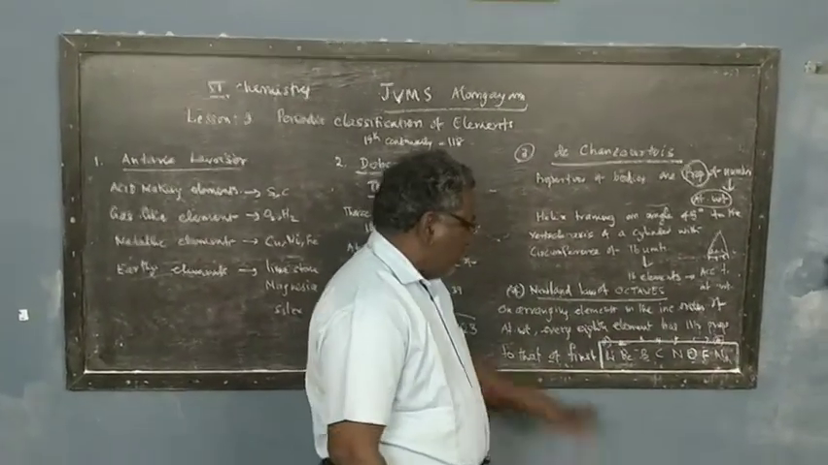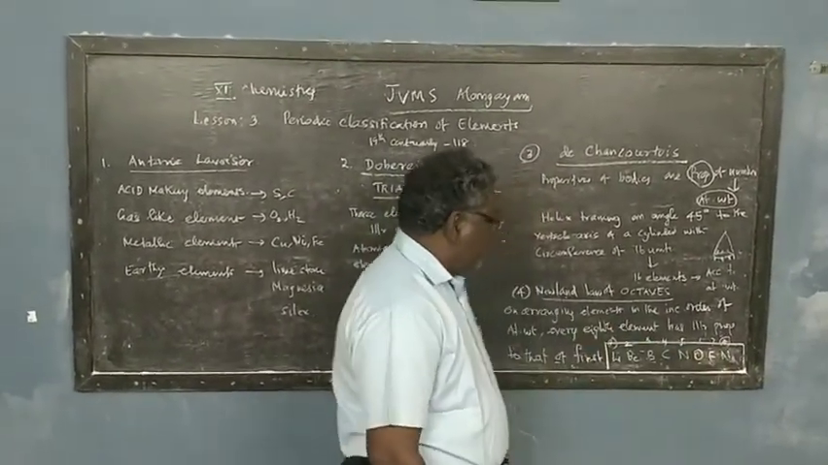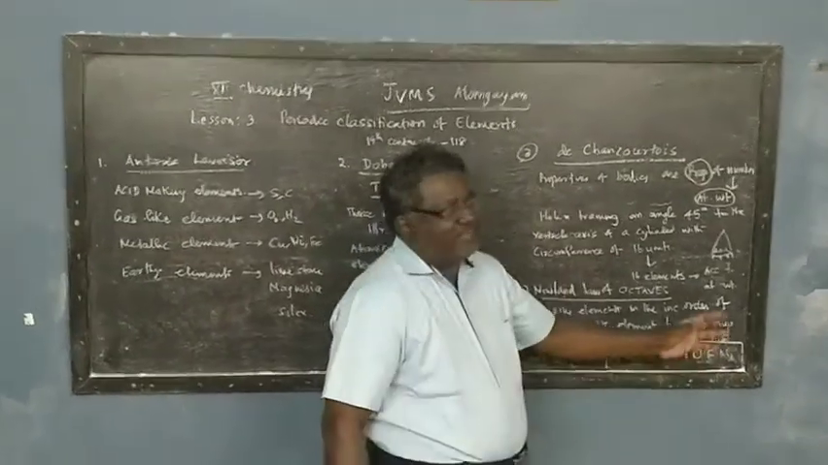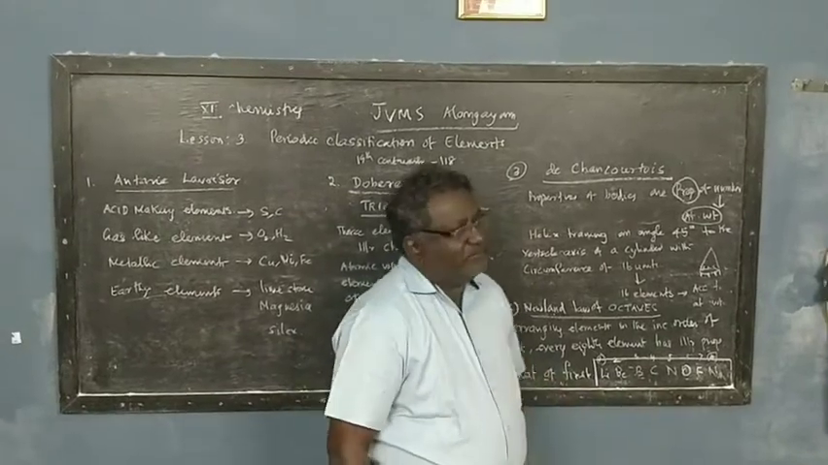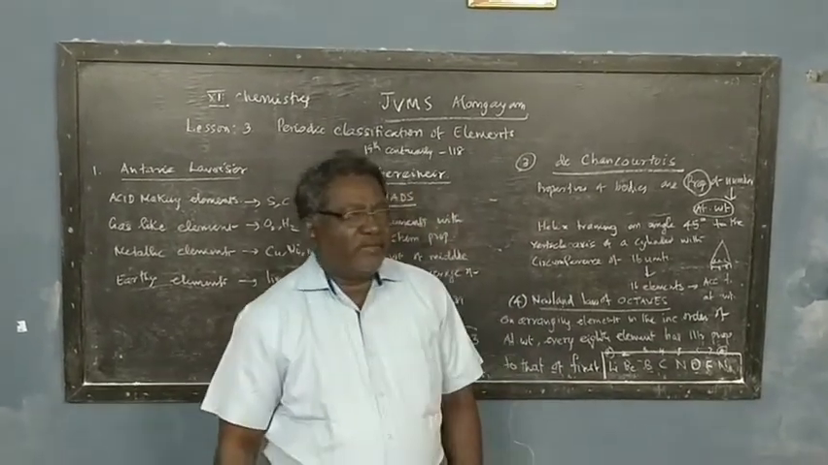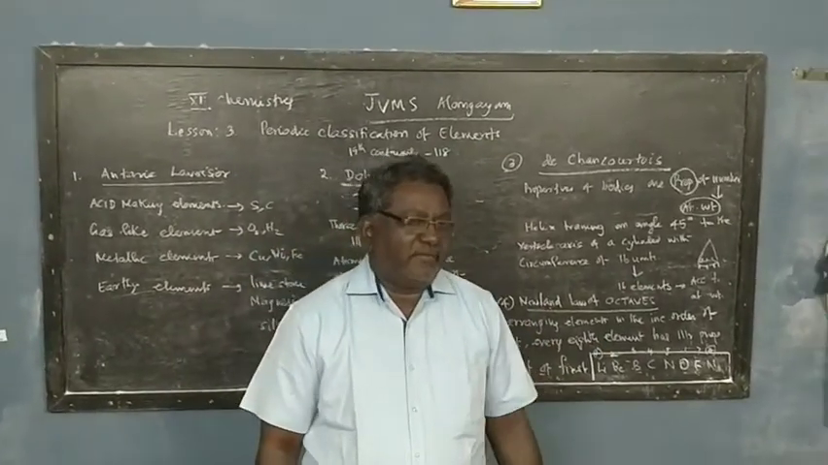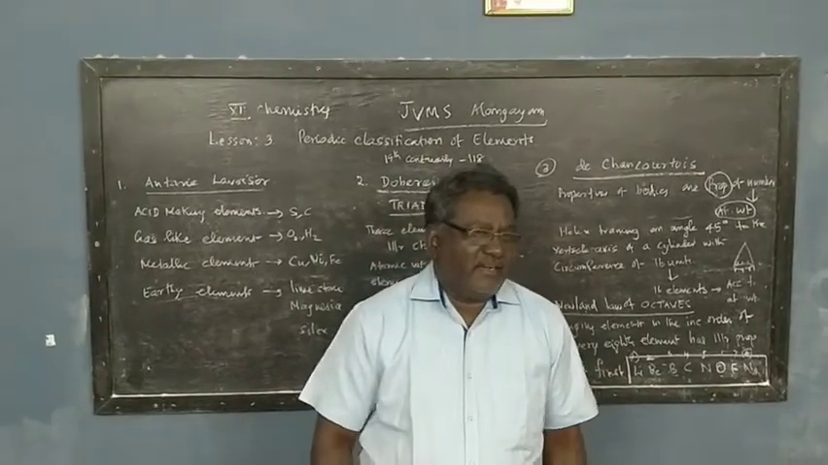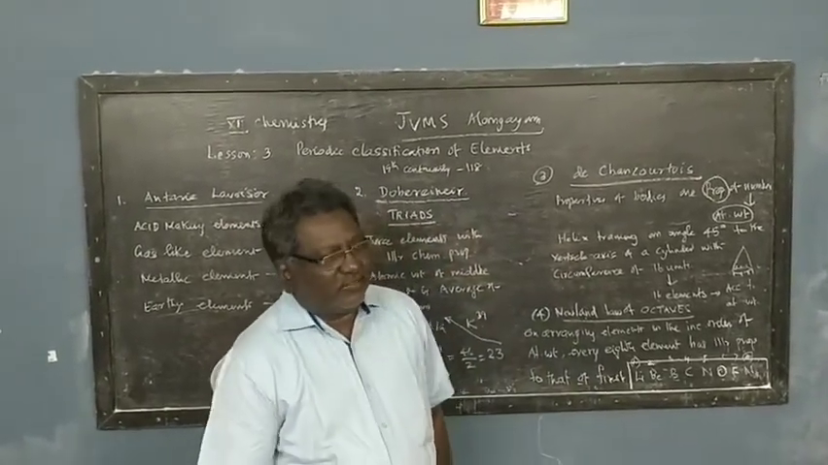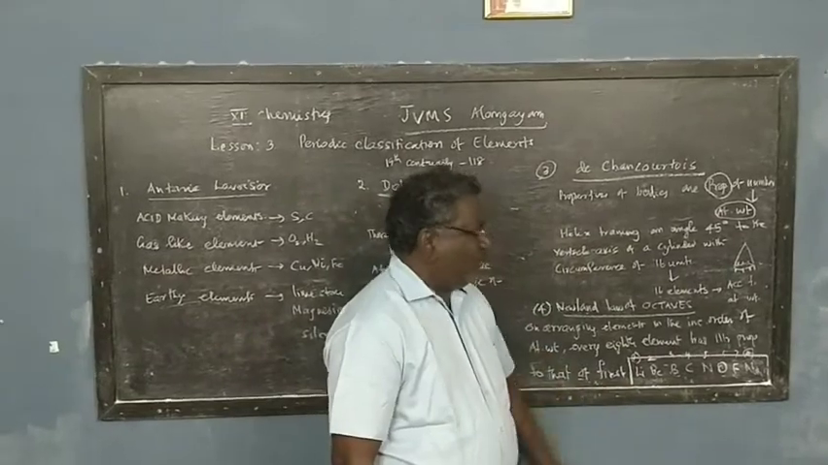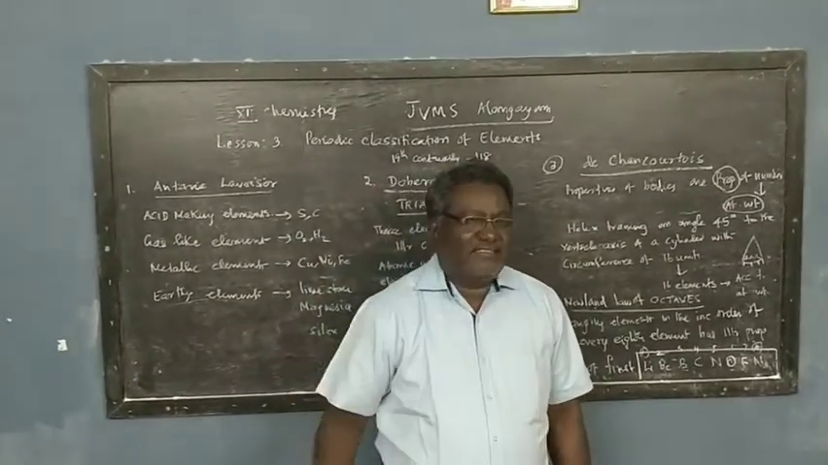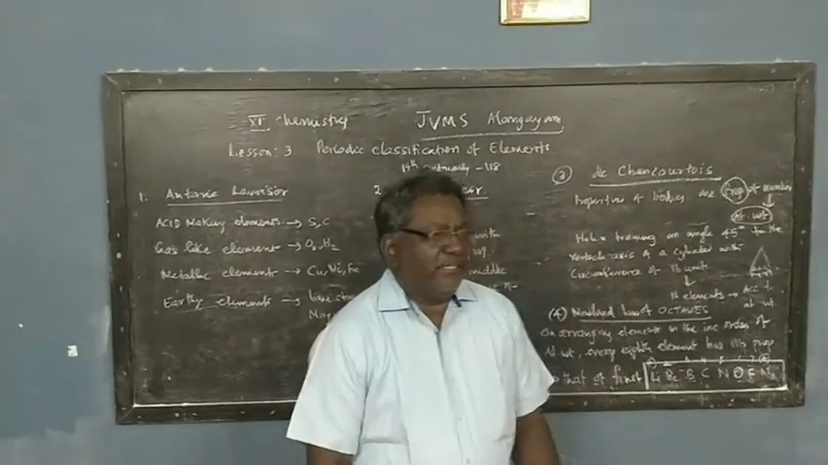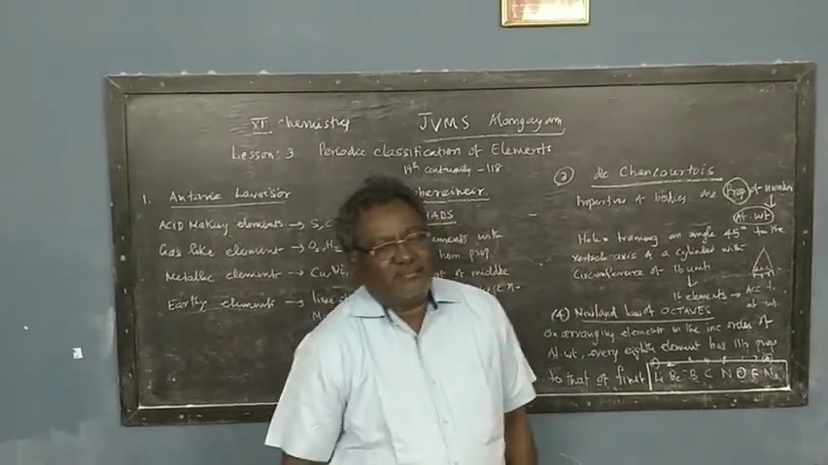Octave 8. The first and the 8th will have similar properties when you arrange the elements in the increasing order of the atomic weight. And this particular arrangement was successful only up to calcium, that is up to atomic number 20. After that, it did not work out, and this also resulted in failure. And after that, two more scientists started working on the periodic classification. That is Mendeleev